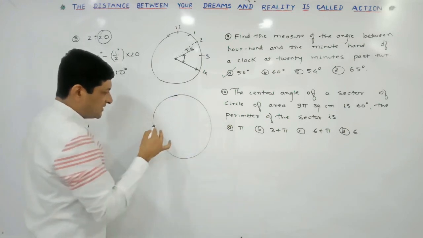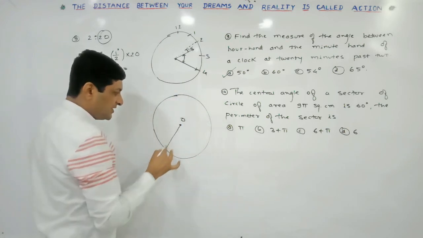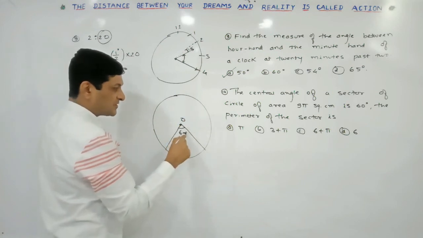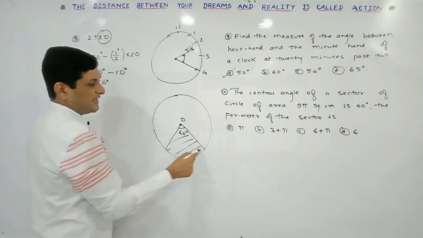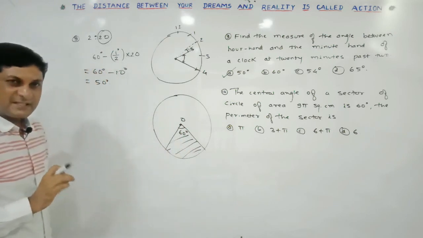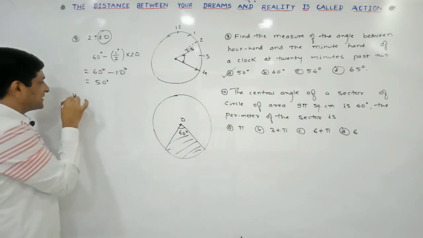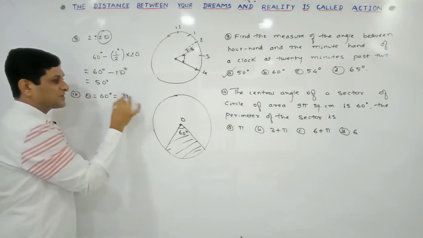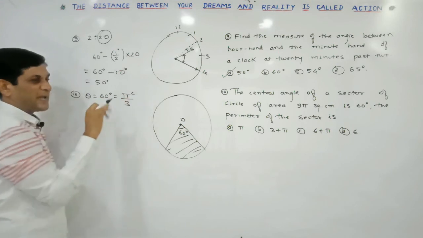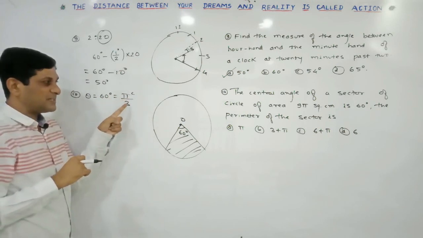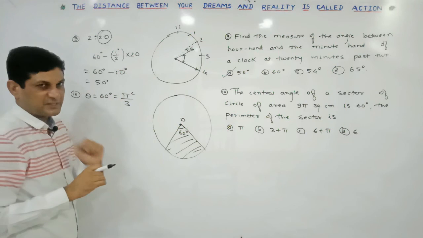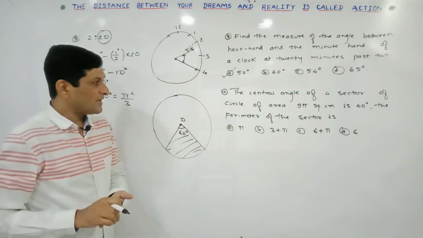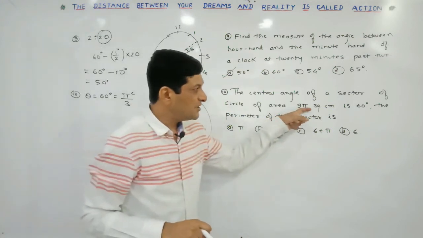Let us consider here one circle. So here the central angle of the sector will be equal to 60 degree. It is given to us. This is the sector, and its central angle is equal to 60 degree. It is given to us, meaning in this example theta is given to us as 60 degree, and converting 60 degree into radian, it will be equal to pi by 3, because pi means 180, divided by 3 will be equal to 60 degree. So simply we have converted degree measure into radian measure.